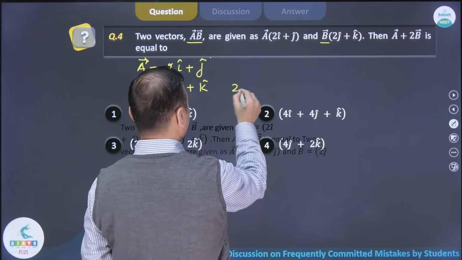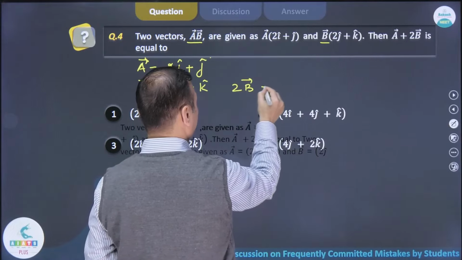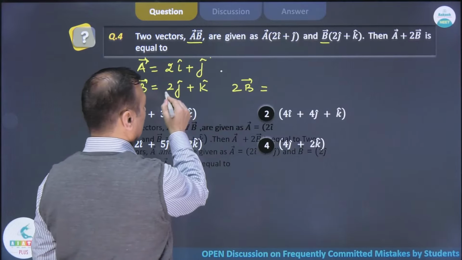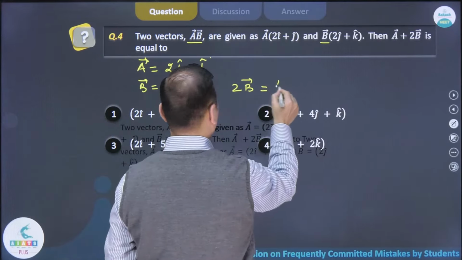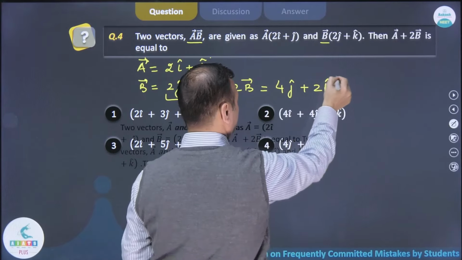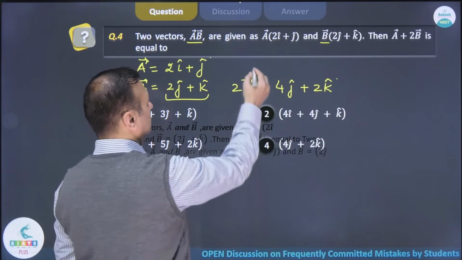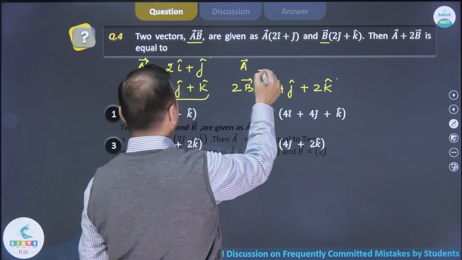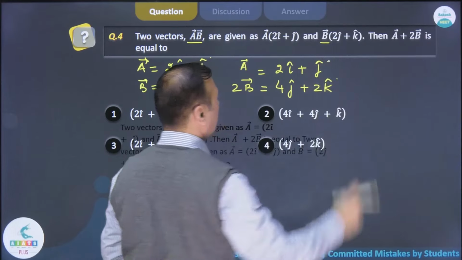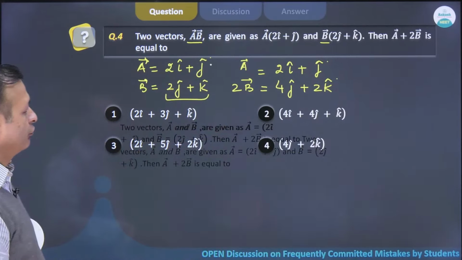Okay, fine. So first we'll define 2B, and when you define 2B, you simply multiply this vector with 2, and that gives you 4j plus 2k. Then vector A is the very same, that is 2i cap plus j cap. Now finally we have to define